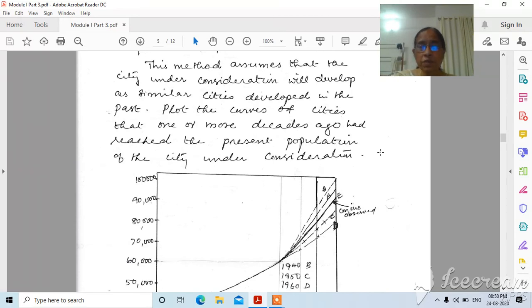And geographic means the geographical conditions of our land, or the city where we want to project the population. So then we are assuming that the population increase of Cochin city is of the same